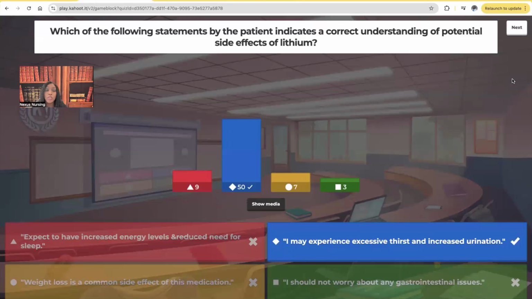Another important thing you got to know about lithium, your patient's taking lithium, you better be checking that sodium level, guys. Remember, normal sodium is 135 to 145. However, if the patient's hyponatremic, that can cause the patient to go into lithium toxicity. And if they're hypernatremic, that can cause the patient to have a subtherapeutic level of lithium. So we got to be very careful with the sodium, because it will affect the patient's lithium level in their bloodstream.